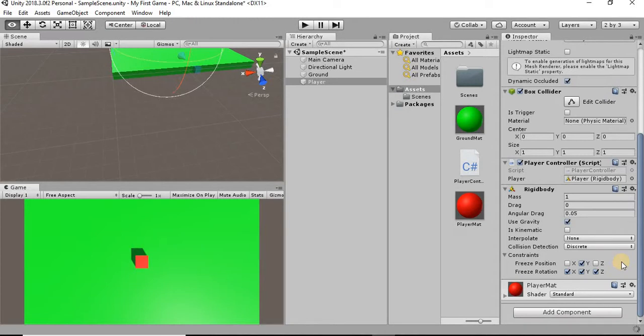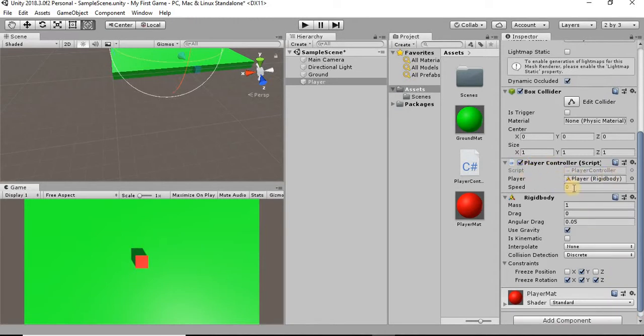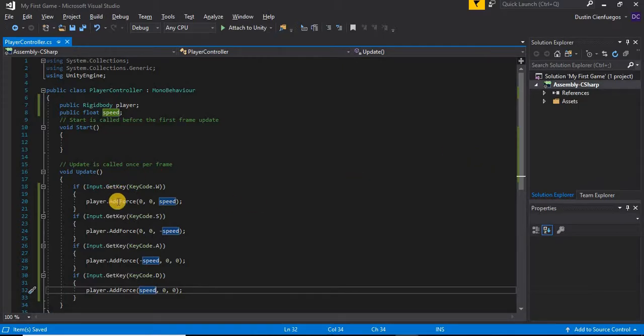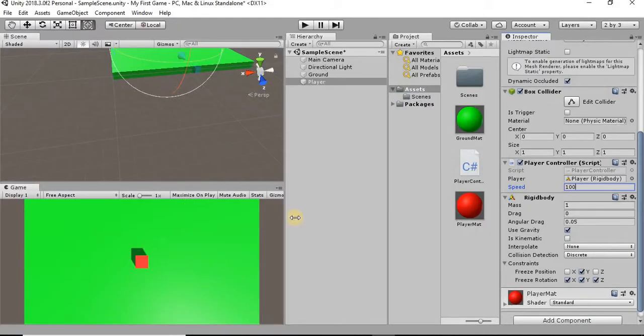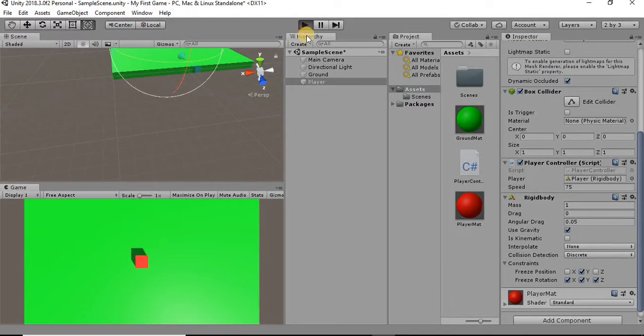or save this and go back to Unity, in our player controller script, we now have a number here that we can just change. And whatever number is put in here will be whatever this add force is going to reference. So we can go ahead and change that to 100. Actually, I wanted to bring it down some. I'm going to put it at 75. And if we hit play,